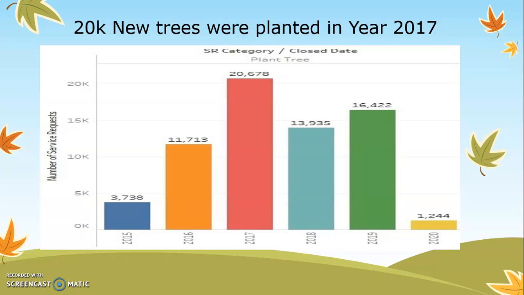Moving on to the next slide, the various insights that we got by analyzing the dataset are presented now. The first insight would be that across the years 2015 to 2020, 20,000 new trees were planted in the year 2017. Tracking the service requests and their time frame will let us know the efficiency of the New York City Parks and Recreation Department, and this will also help us to determine if more trees are needed, looking at the data spread across a few years. This would in turn help us to plan a proper budget for the same.